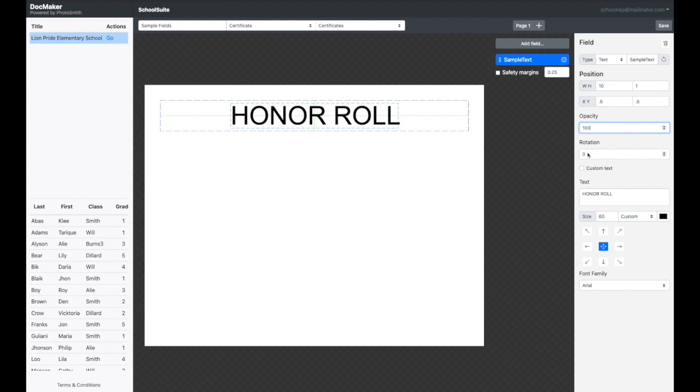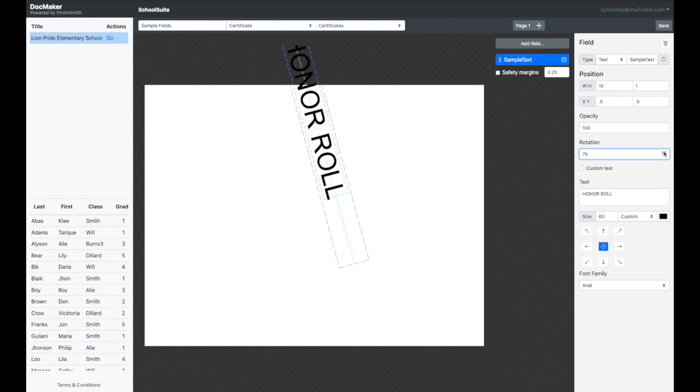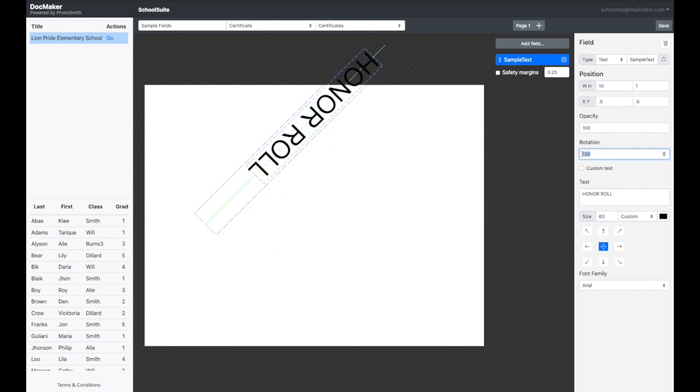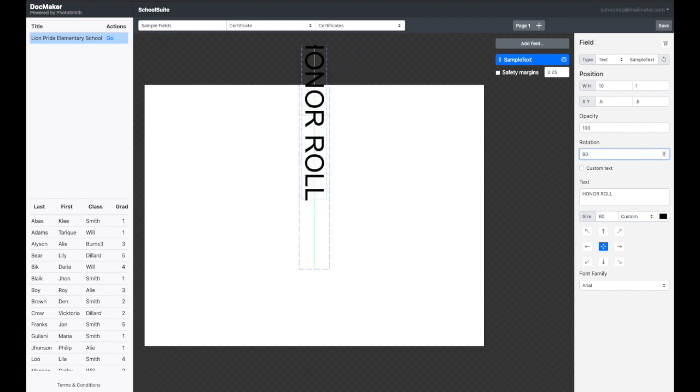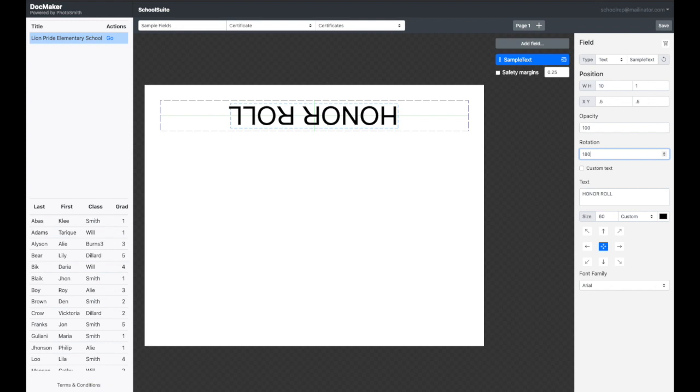Rotation, this will allow me to put things sideways. So I'm changing the rotation. If you want to jump to a position, you can do that here. So if I wanted it at 90 degrees, if I wanted it upside down at 180 degrees, then I can change the rotation. And that's true of shapes, images,